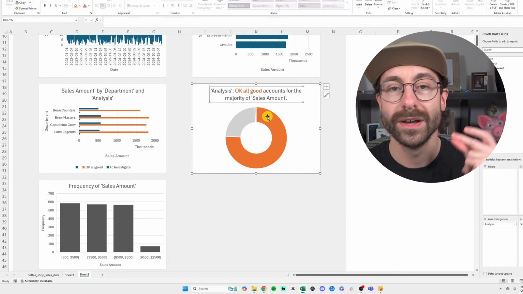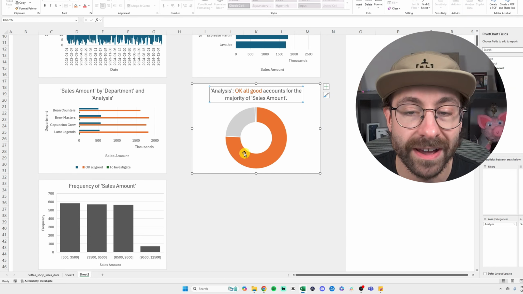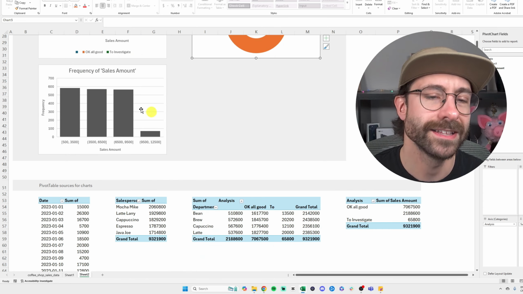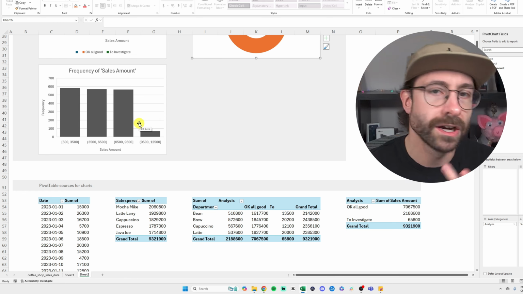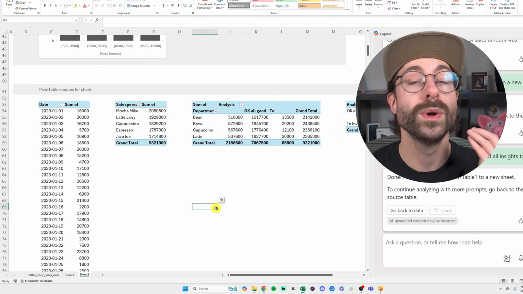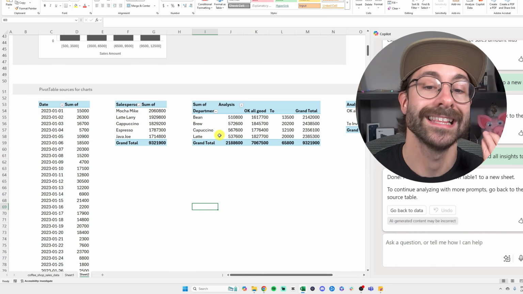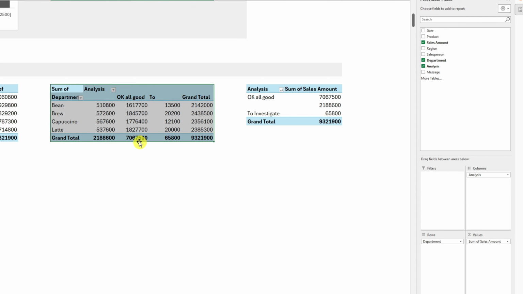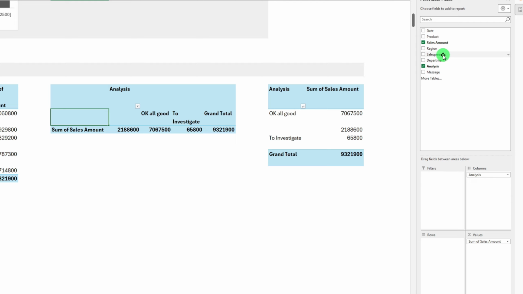So we can actually see, at a glimpse, that 75% of our data is okay, all good, right? And then we have the frequency of the sales amount, which is not that relevant, IMO. But here we go. At the bottom here, we have the pivot tables. And guess what? If I want to summarize this by department or by salesperson instead of department, I can just click here on my pivot table, and then I will drag out the department, and I will drag in the